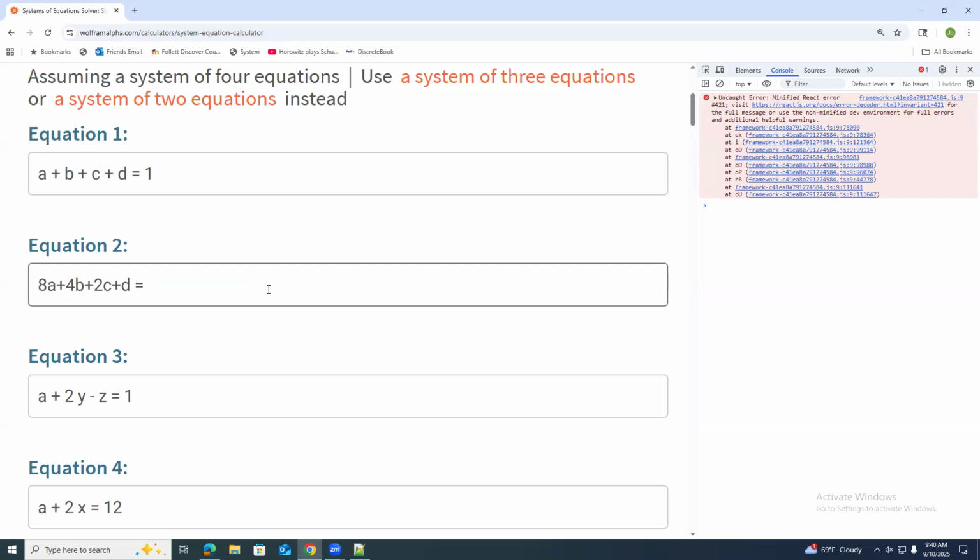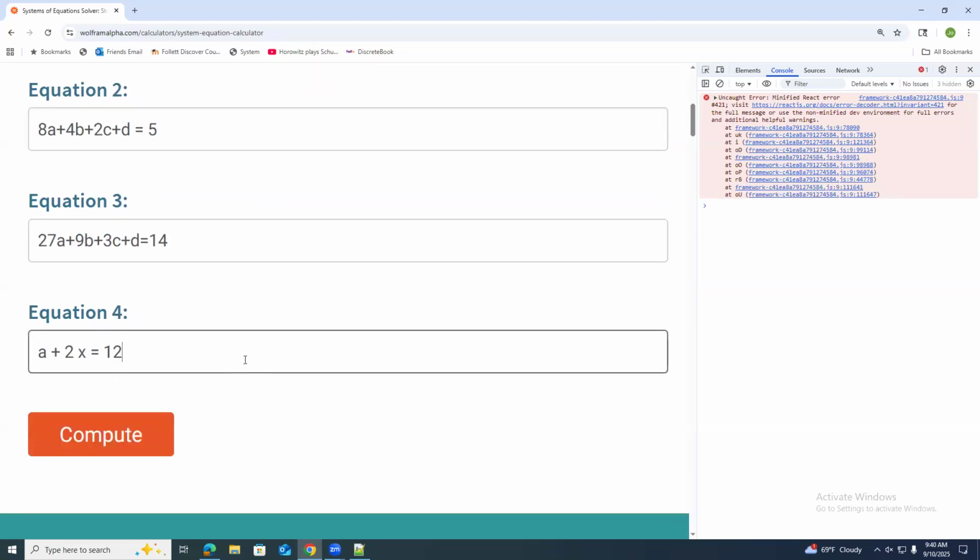The total was supposed to be 5 for that one, right? Now let's plug in 3 for X. What is 3 cubed? 27. So it'd be 27A plus, no, sorry, my fault, plus 9B plus 3C plus D equals 14, right? And then let's go to 4. What is 4 cubed? 64, right? So 64A plus 16B plus 4C plus D equals 30.